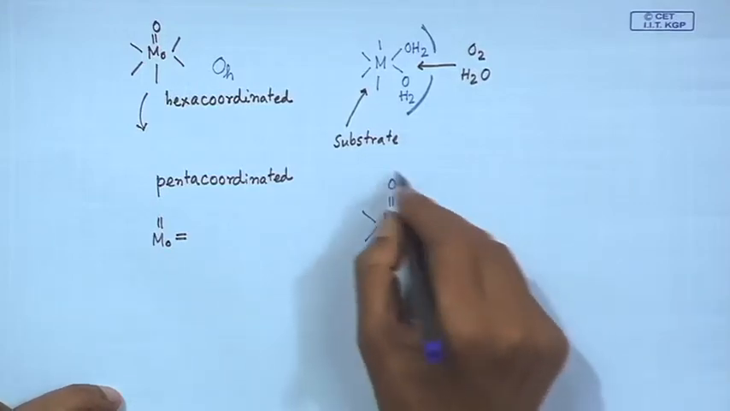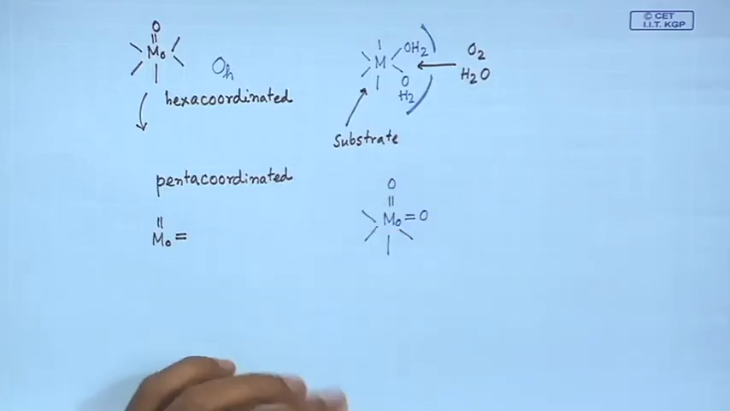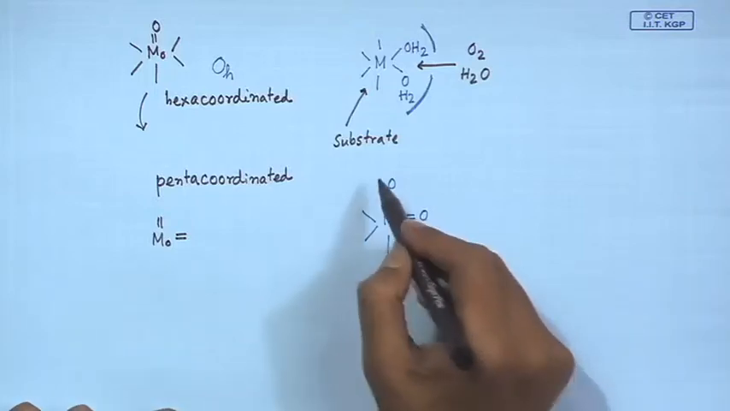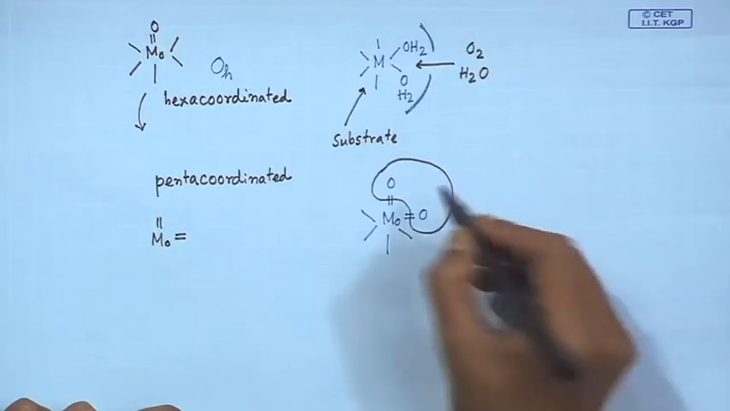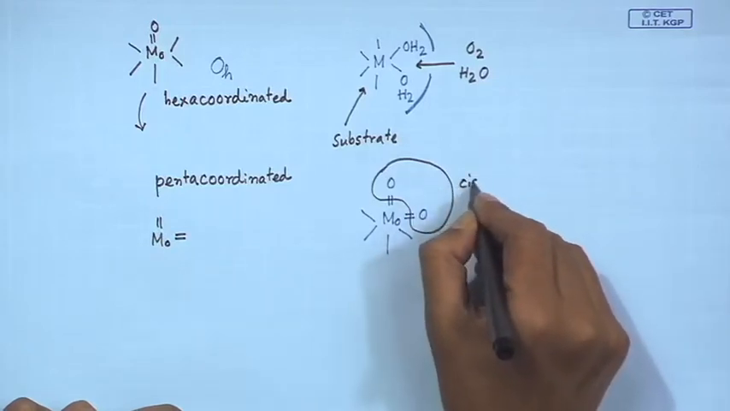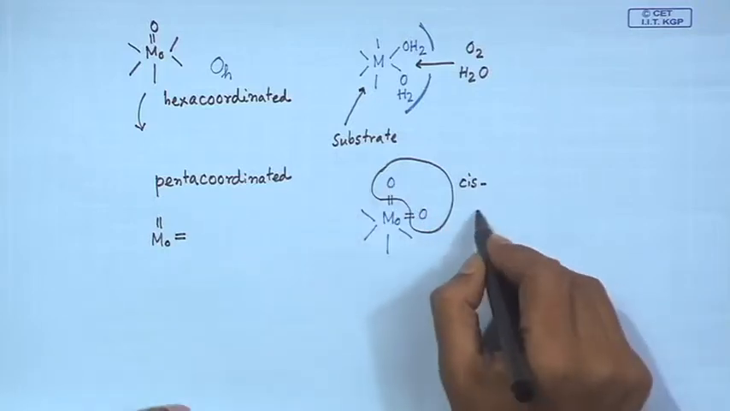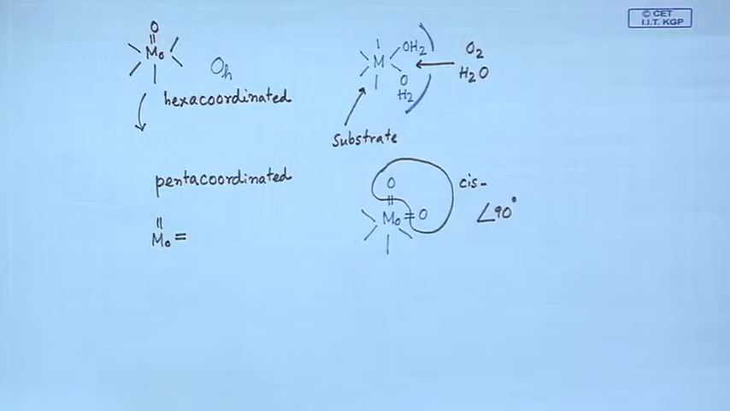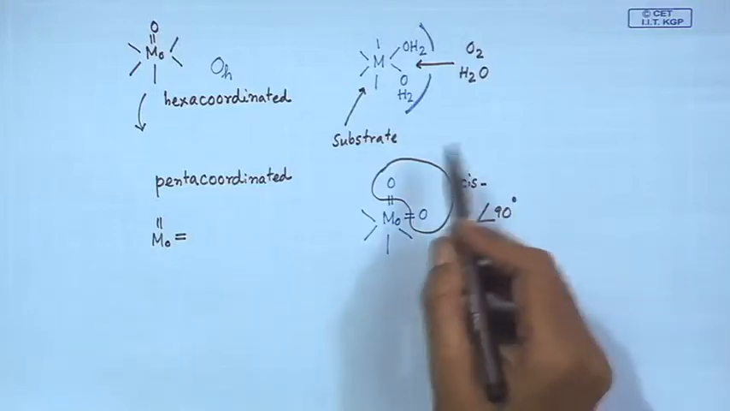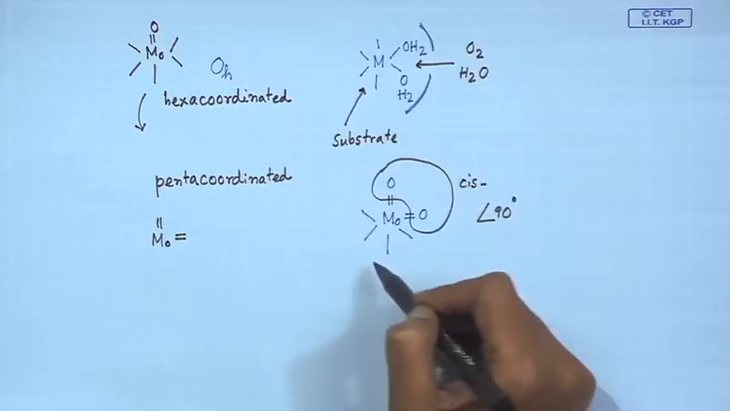So, you have two dioxo forms. These dioxo groups are nicely occupying this particular area on this side, coordinating to the molybdenum center from the cis direction, because these two angles are close to 90 degrees. So, the approach of the substrate will not take place from this side, as these two positions are occupied by